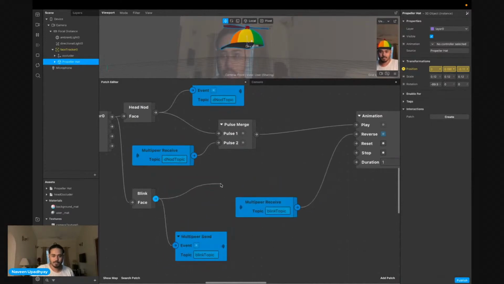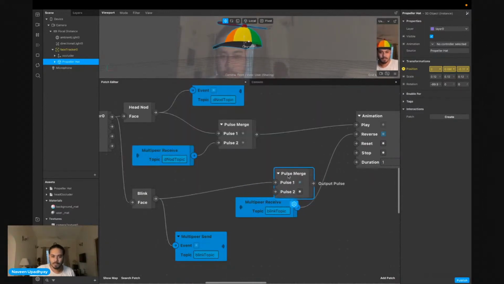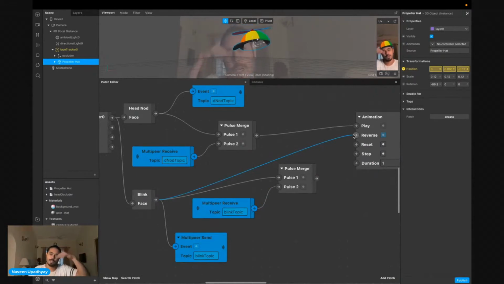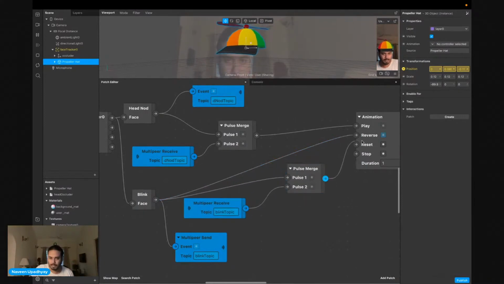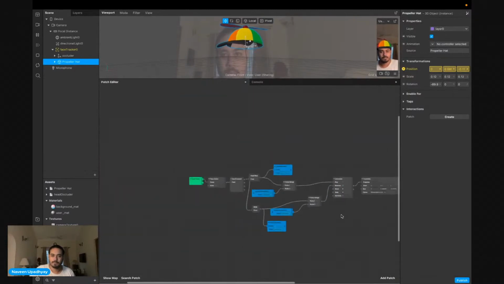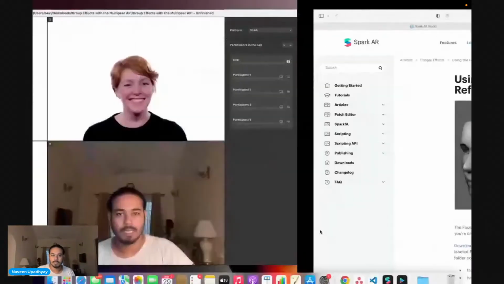So I'm going to use a merge with it. When I use the merge with that, and also whatever I sent to that, if I directly connect this, it is only going to work for the user, but this is all the participants. So now it works for both the user and the participants, and I'm going to reverse it. This should take the cap away, and this should bring it back. So let's test it out.